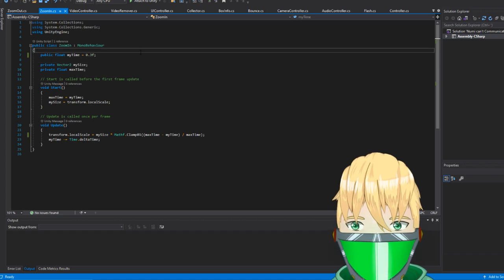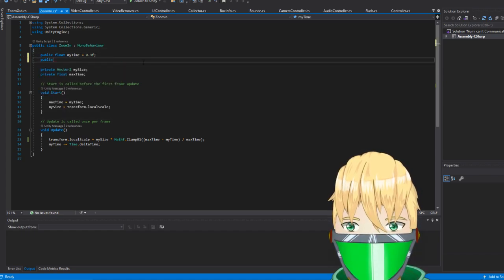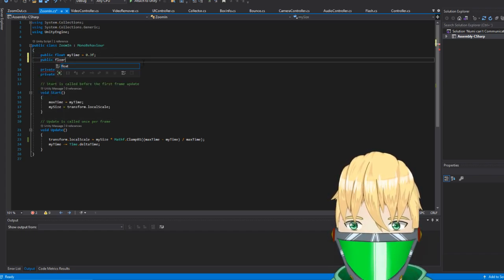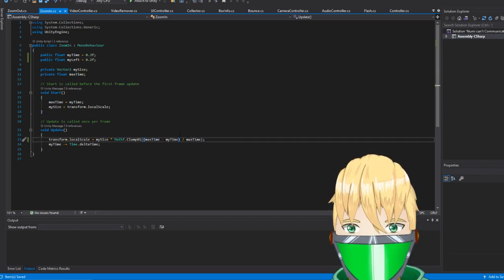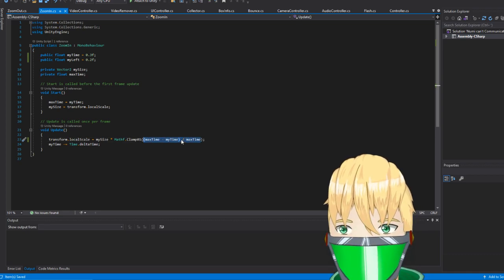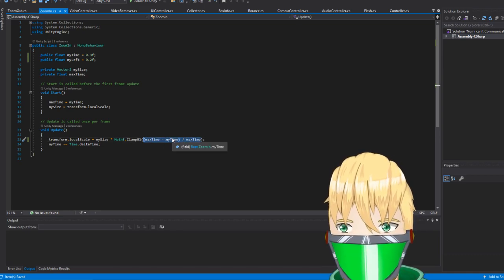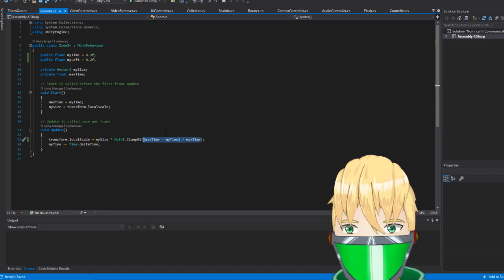So I am gonna add a public float. It's gonna be my lerp, pretty much. And this will be set to 0.2 float right now. So instead of this here, this is gonna be our x, because this is what we've been using all the time before.